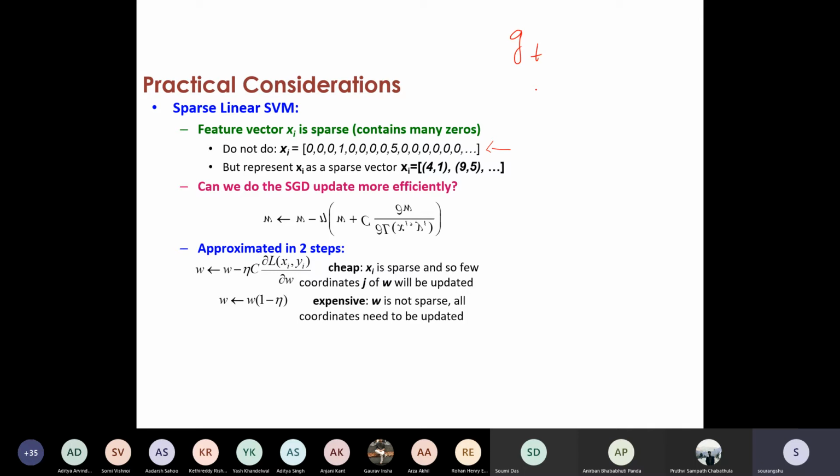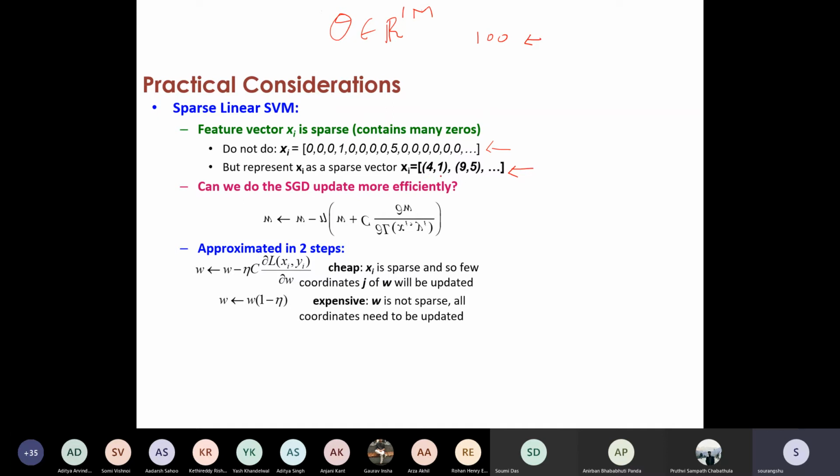So many of the neurons don't fire, and you have a very large number of parameters. So your theta t may be something like 1 million dimensional, and you have only 100 of the neurons firing. So your gradient is only 100 dimensional. In that case you can do a sparse update, where you just store the coordinates of the parameter which are non-zero and then update them.